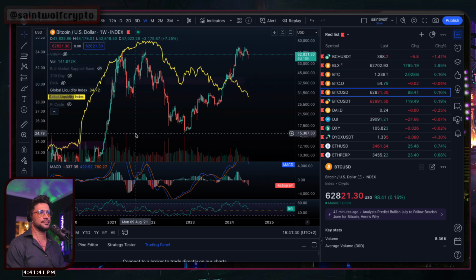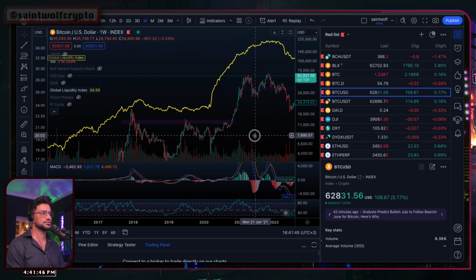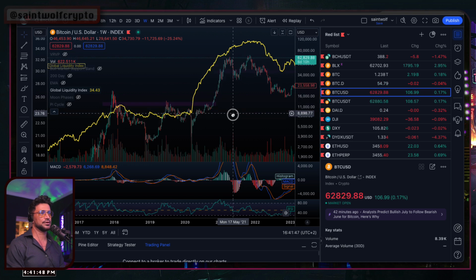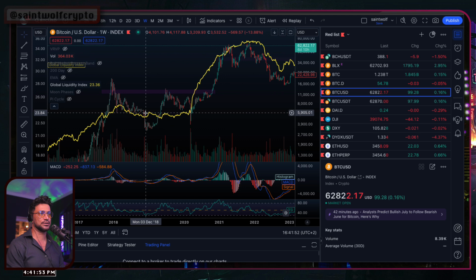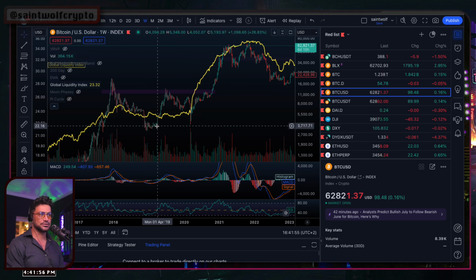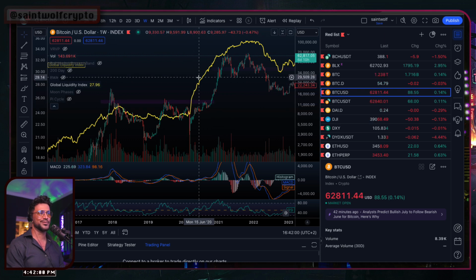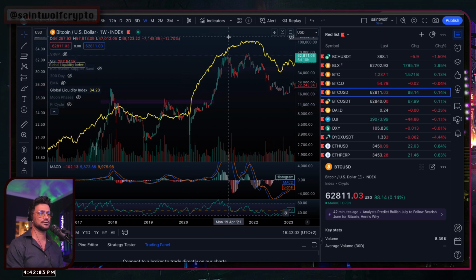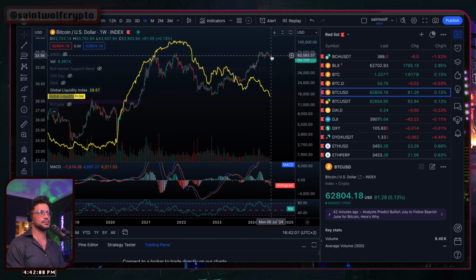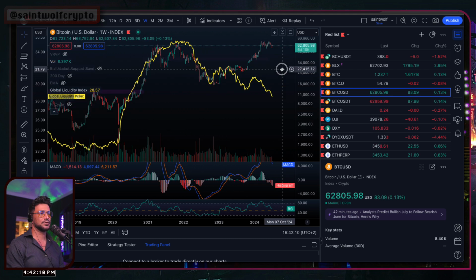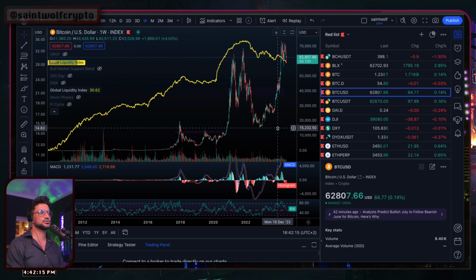Now, if I turn this off and come back to where we had the drawdowns on Bitcoin, let's say that this diverged to the upside, and then impulsively it came back to match it. It diverged to the downside, and at some point impulsively it comes back up to meet it. Obviously, same thing happened here, but they also started printing here, the whole world, right? So this went up dramatically, and this came up to meet it. But at some point, they have to find each other again, at least based on the history we have.